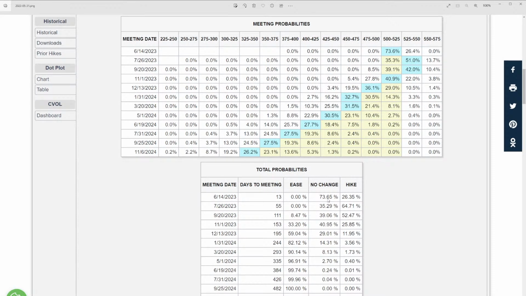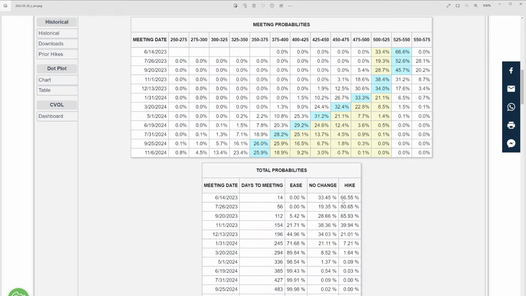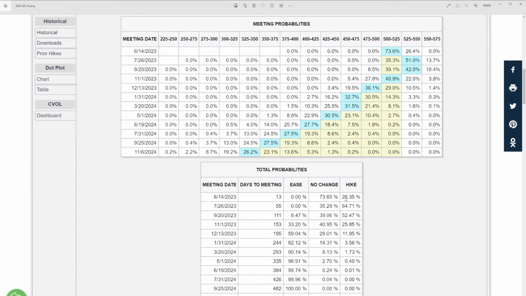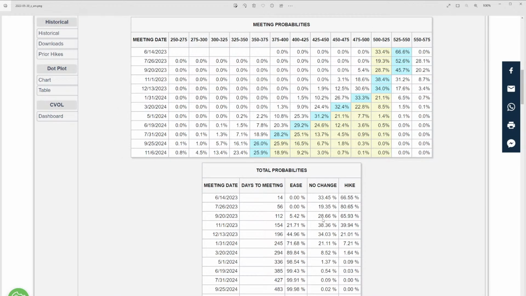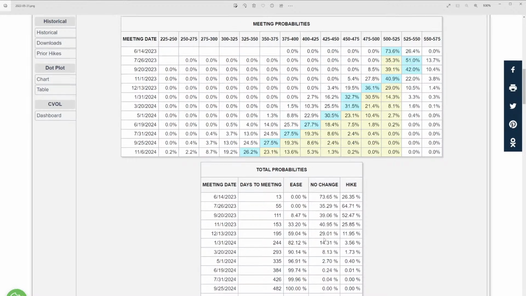So no change goes to 73% today. Yesterday, no change was 33%. And yesterday, a hike was 67%, a 2/3 probability of a hike, today down to a quarter. So that is significant. What we do notice though, and this is why rates have been moving the way they have, is if you look out throughout the rest of the year, September, November, December, not that much change. So a dramatic drop in thinking in terms of probability of a Fed hike in June, but fairly stable throughout the